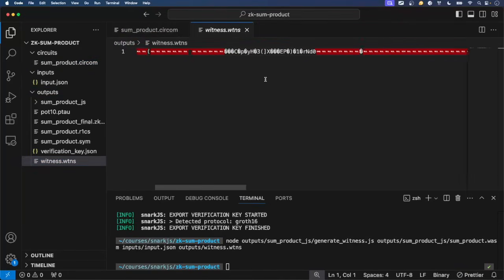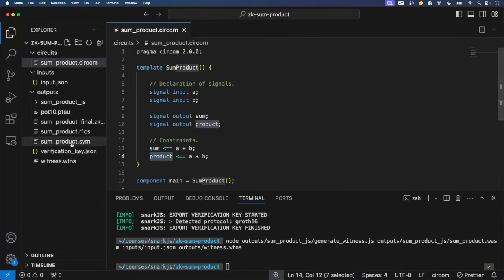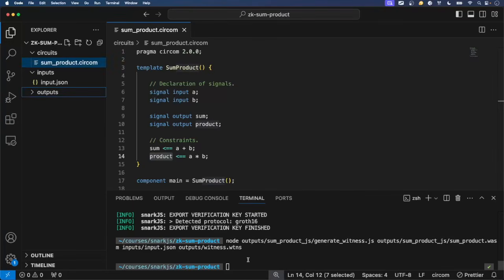Again, binary file, you will not be able to see much, but out of curiosity, it's important to know what's going on behind the scenes. Okay, so we have now the witnesses generated. The very next step is to actually generate the proof, which is the last step in terms of proof generation, and